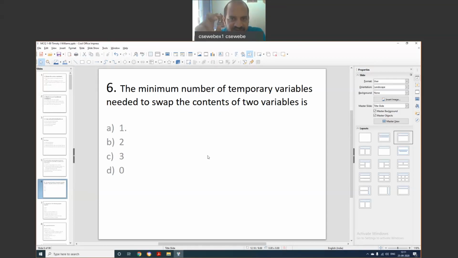That is, in A we have say 10, and in B we have say 20. So now to exchange the values of A and B, an additional variable is not required. A temporary variable is not required. Simply you write A is equal to A plus B, so it will become 10 plus 20, 30. So A will become 30. So now B is equal to A minus B. So A is 30, 30 minus 20, so it will become 10. So that 10 will be stored into B.